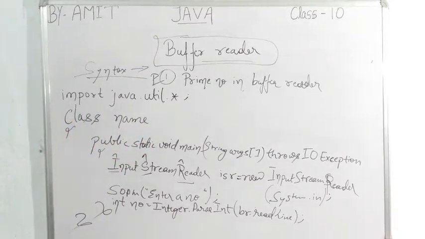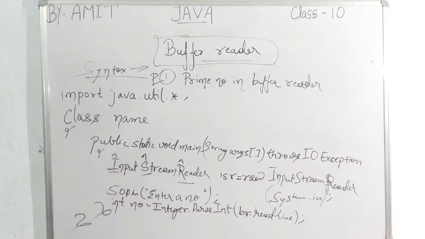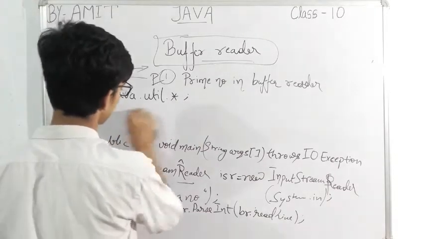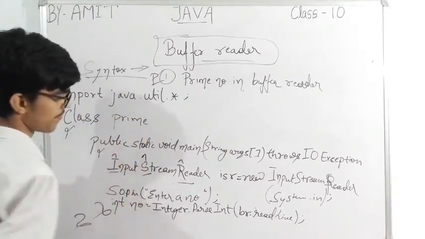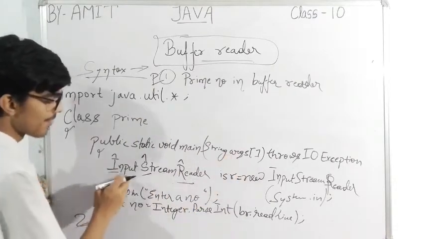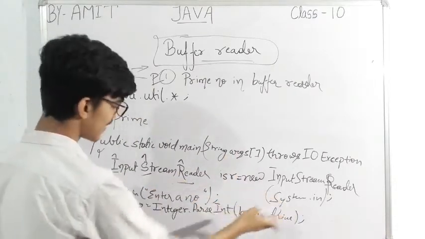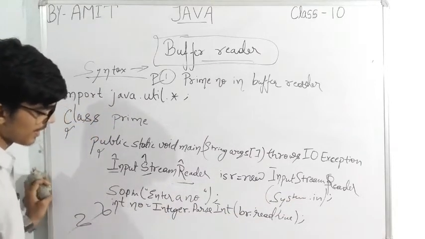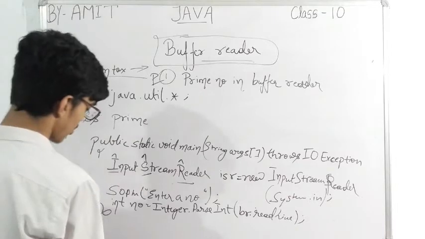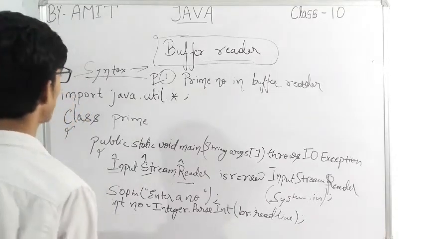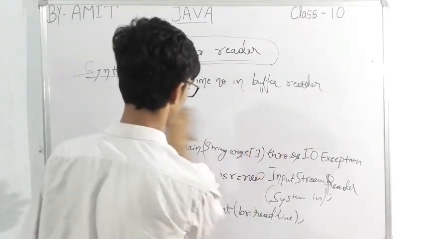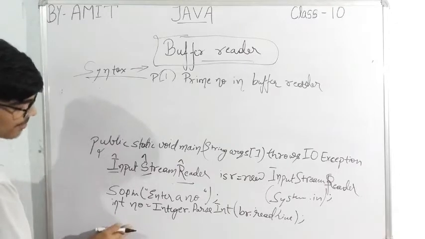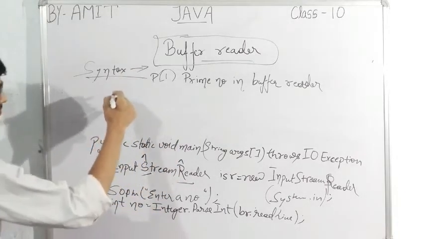What we have to change is the class name; we'll write Prime. Here it will be the same, and after this it will also be the same as written here. Now we take the number, and the integer will be taken. After taking the number, what we'll do is write